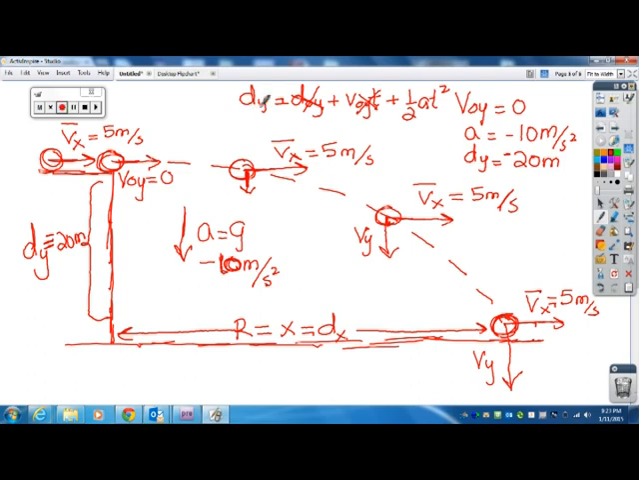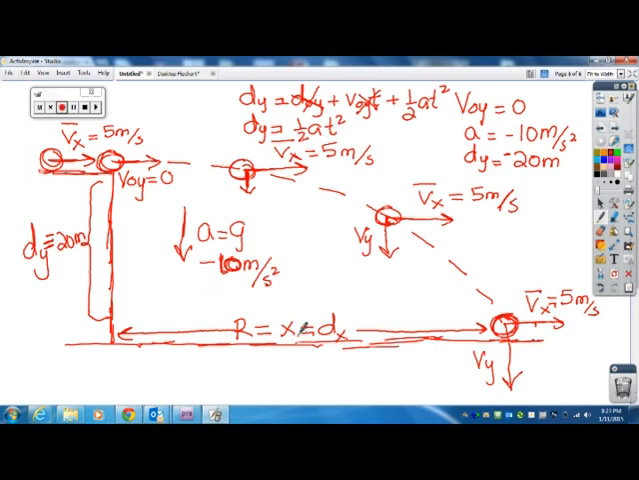So simply you're left with dy equals 1/2 at squared. Your dy is negative 20, that's your displacement. Your a is negative 10, and you can solve for your t. Once you know your t,